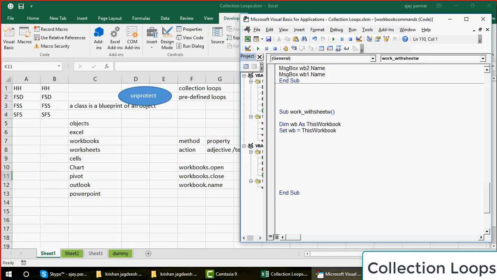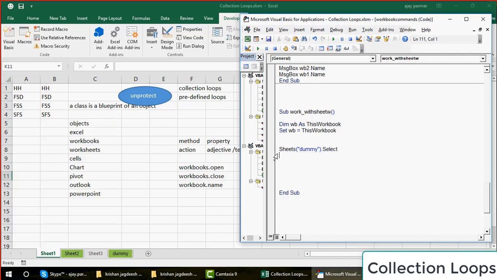As I said, you have a choice, because ThisWorkbook already is a command given to us. So maybe I don't like to create a variable for this. This comes as a good option when I'm working on multiple files, but still I'm creating it. So now I say that this is my workbook and I want to always go in the dummy sheet. This is how you write.